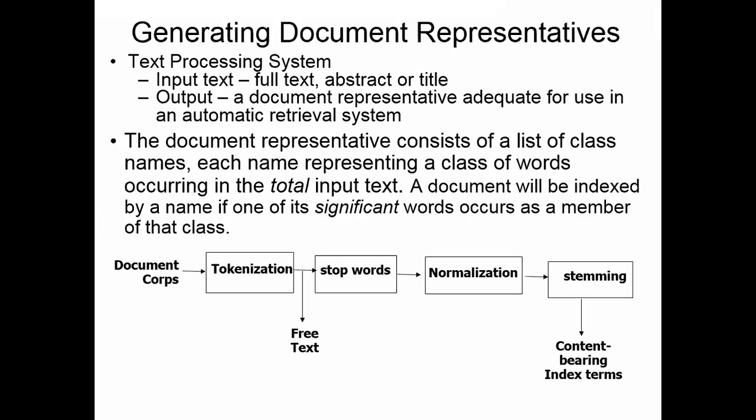So there are 2 mechanisms nowadays suggested. Can we go for free text or content-bearing index term selection? Free text means all the words that are identified from a given document should be indexed and used for searching. But this one mostly